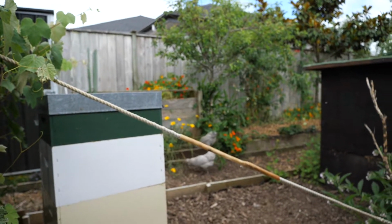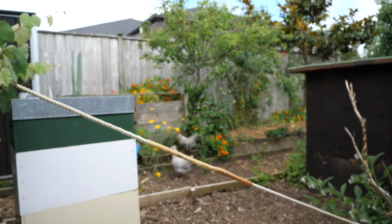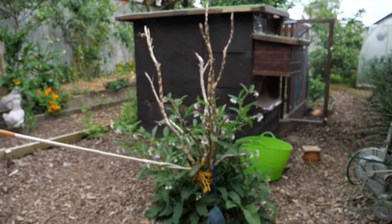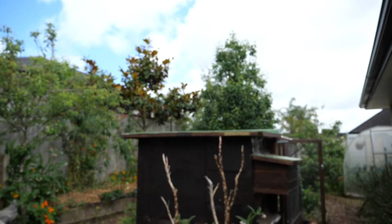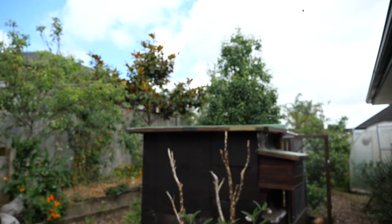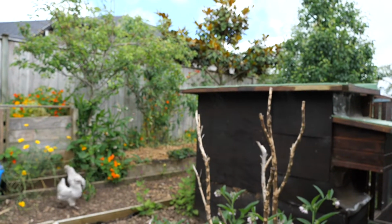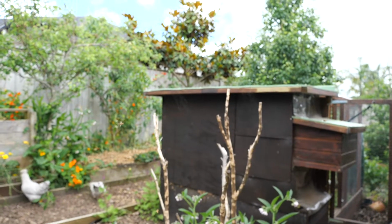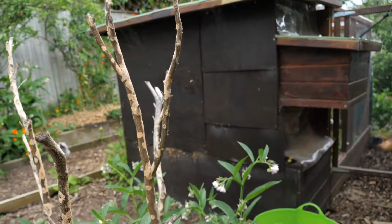Oh, and it appears the helicopter is circling, so there must be an issue on the local motorway if it's up here. So it's going to get noisy. So anyway, here's the view across the back of the garden, and I might just leave you again for a moment. So that's the view across the back of the garden. The girls again. Yes, don't like the helicopter, but not moving on terribly quickly. And I'll just take you up this side of the...